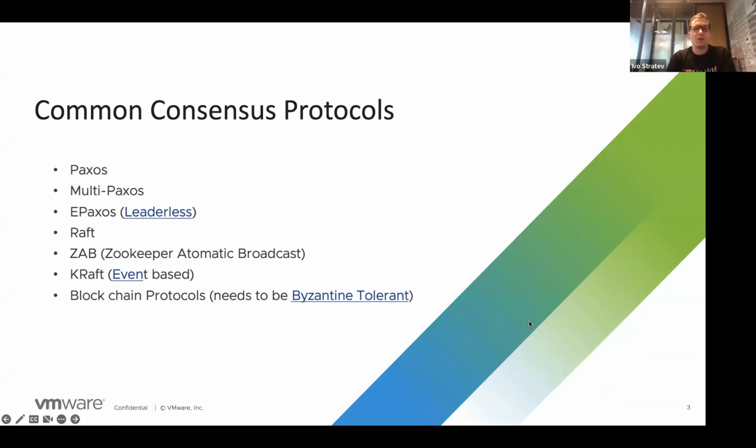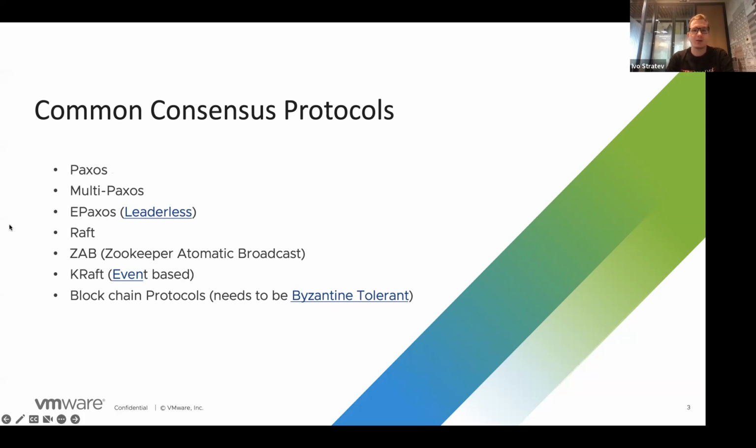So we now come to the idea of consensus algorithms. Why do we need consensus? Well, because we need a way to agree on the state of the database, which, as I said, from a theoretical point of view we're going to model as a replicated state machine. There are different consensus algorithms with which we can achieve this. The most common is Paxos, which was designed by Leslie Lamport, one of the big names in distributed systems.